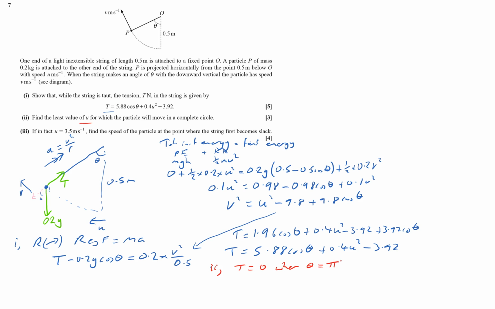So I just substitute that in here. So 0 equals 5.88 cos pi plus 0.4 u squared minus 3.92, and that gives me that 0.4 u squared equals 9.8,